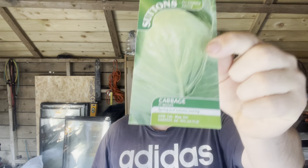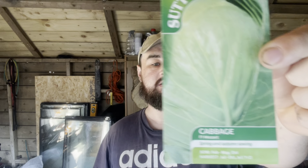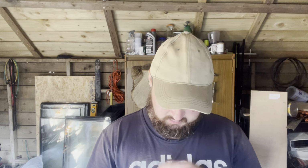So these are other cabbages here, F1 Mozart. These are a brand new packet. I've never opened these, so I must have bought them and then changed my mind and then bought another packet. See, it does say there you could sow halfway through October as well. And then you've got to overwinter them and then plant them out in March next year. Could do that, but